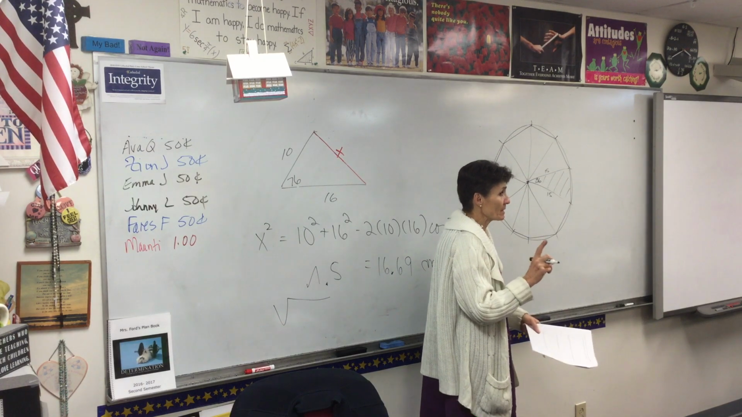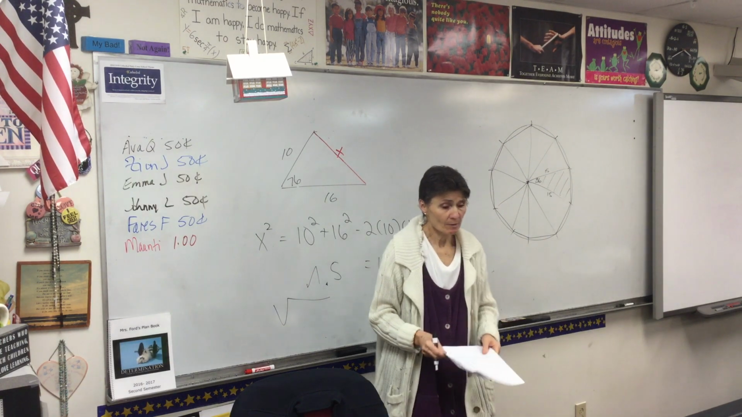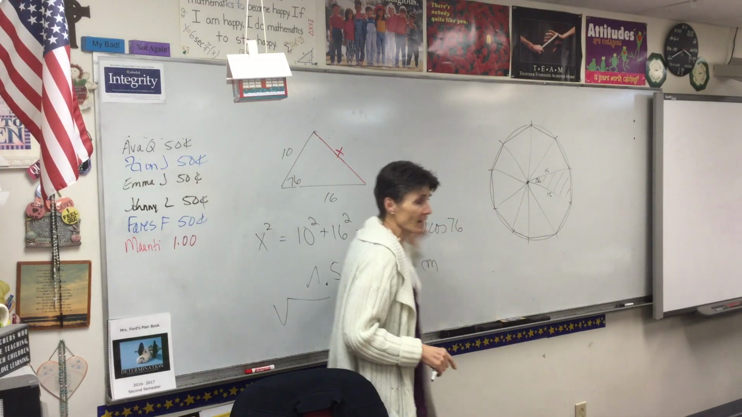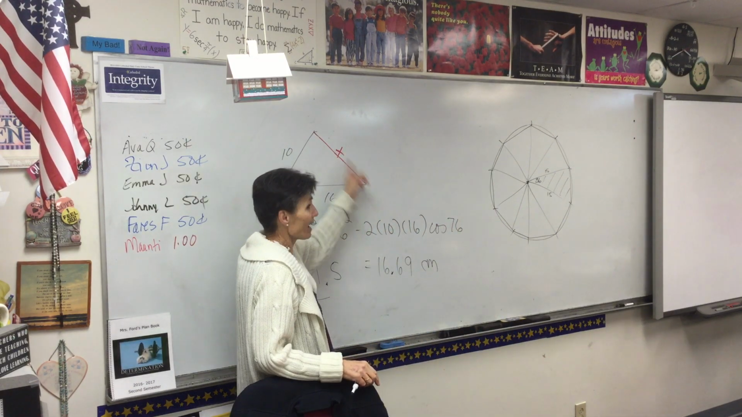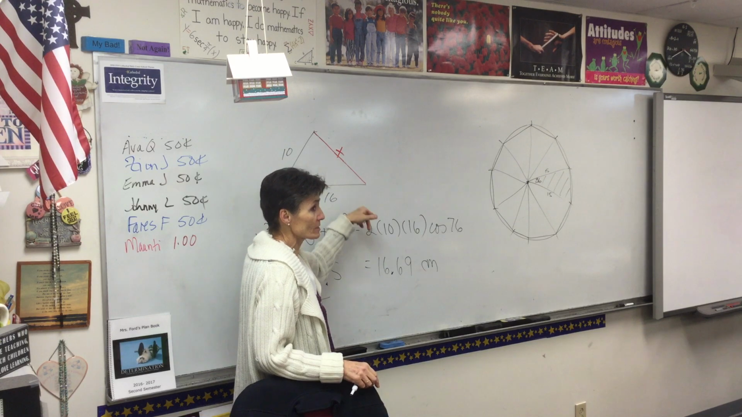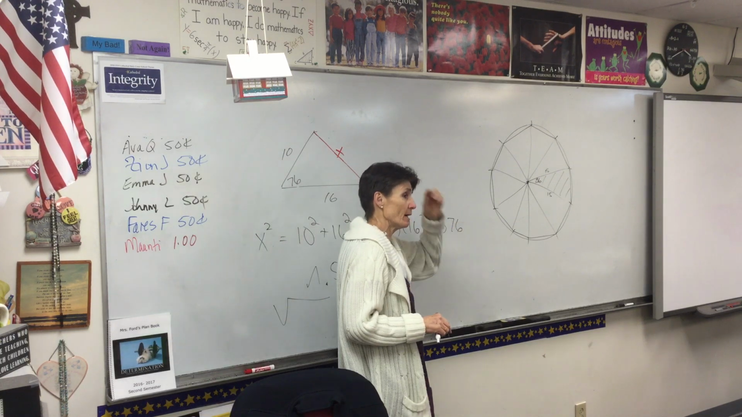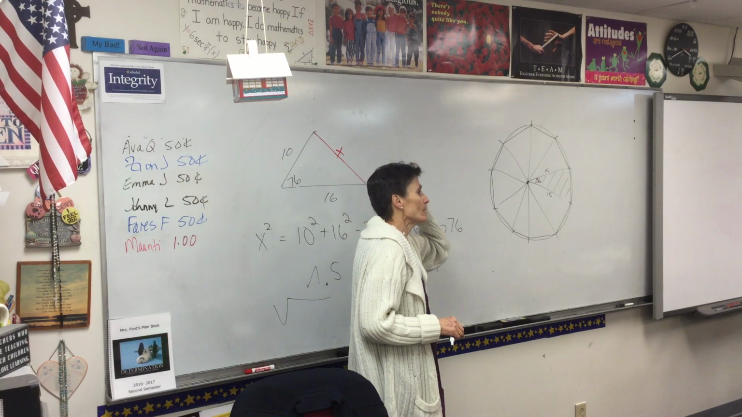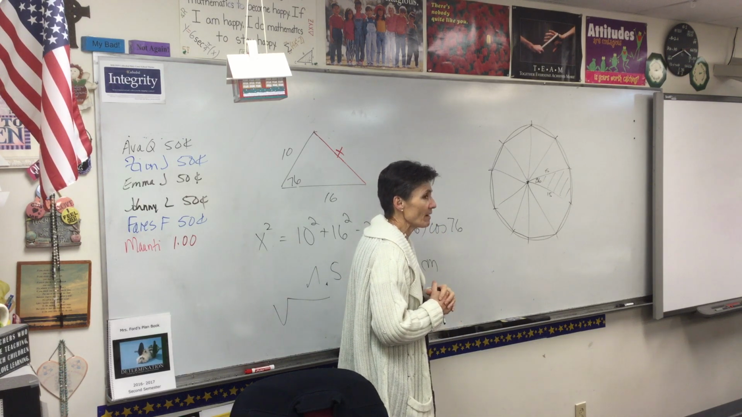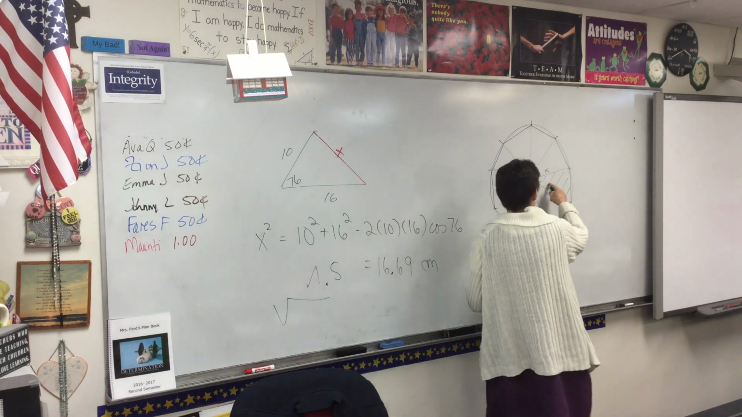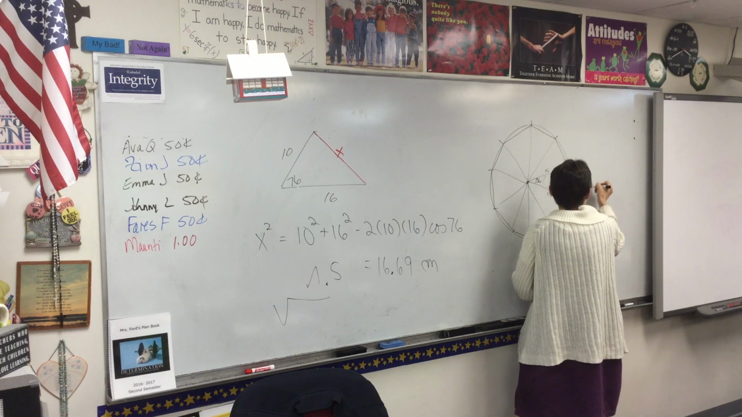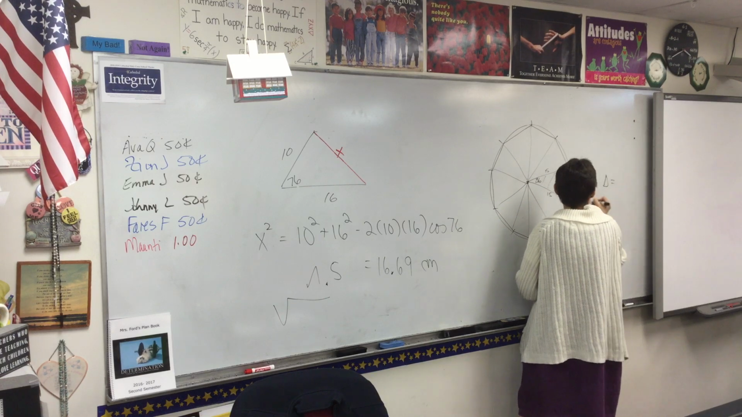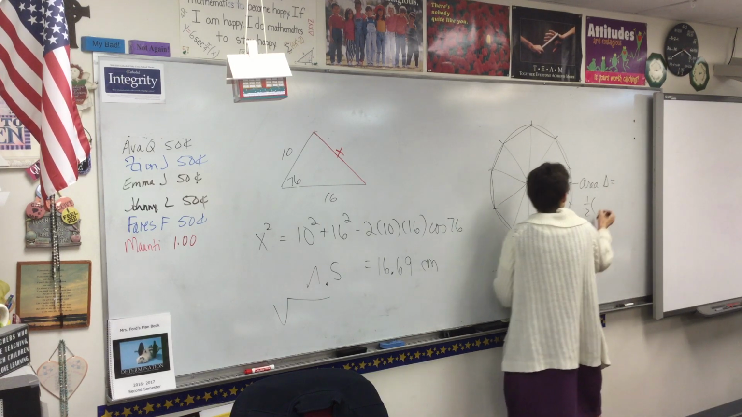Now I want the area. Now wait a minute. Area. That is not law of sines or cosines. Sides are law of sines or cosines. If I want area, I've got other strategies. How might I find the area of that triangle? The area of the triangle is 1/2 side, side,